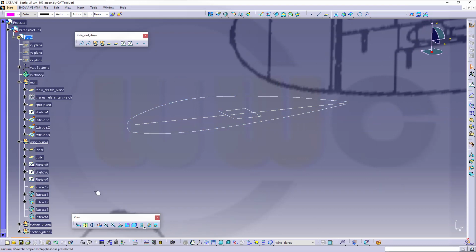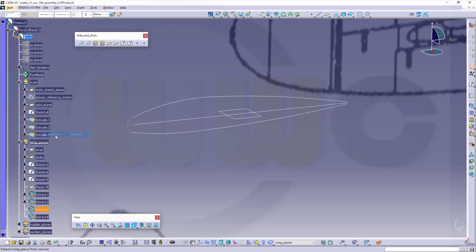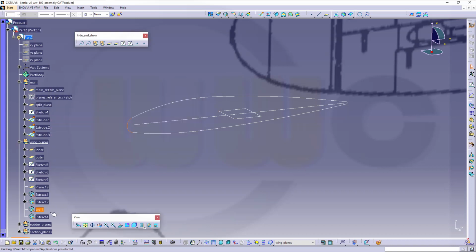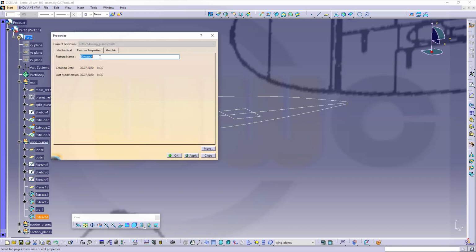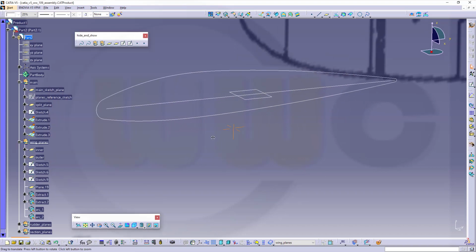Okay, so these are the arcs. Let's rename them if possible. Properties, that's just an arc. Arc 1, and that would be arc 2. Okay,